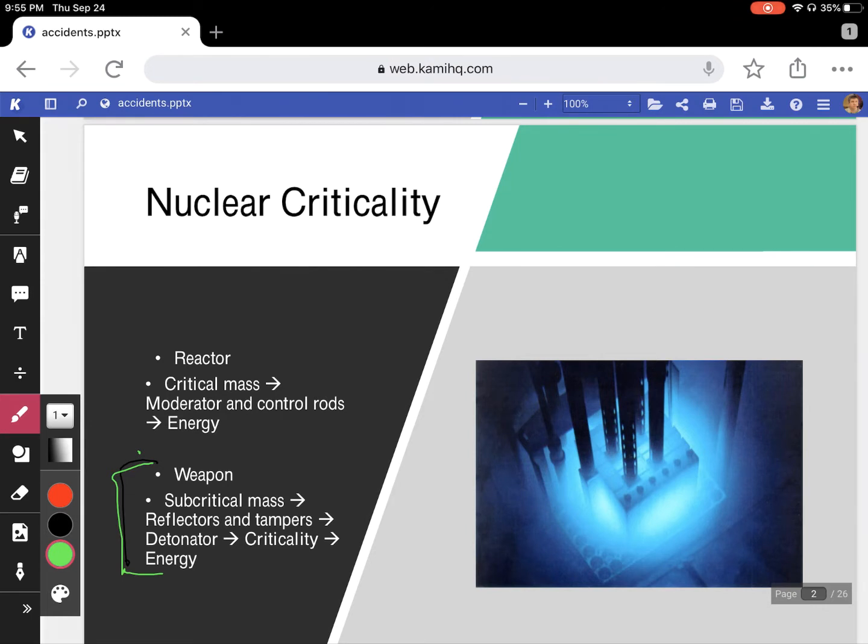If you're not at critical mass, as one particle decays, the other particles coming out are not going to be able to trigger subsequent decays. But if you purify or compress the material enough, then one decay can trigger another,